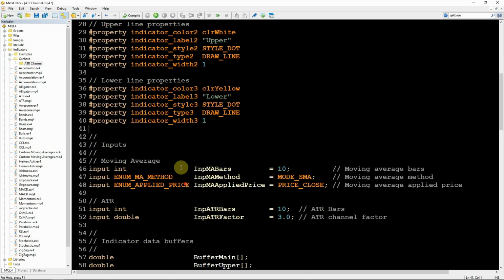And now the inputs. The ATR channel, remember, it has a middle line that's a moving average, and then it has one line above and below that are separated by a multiple of the ATR. So that means that I need 2 internal indicator functions. I need to calculate the moving average, and I need to calculate the ATR. So for the moving average, there are 3 inputs to a moving average, and I'm setting those up with this